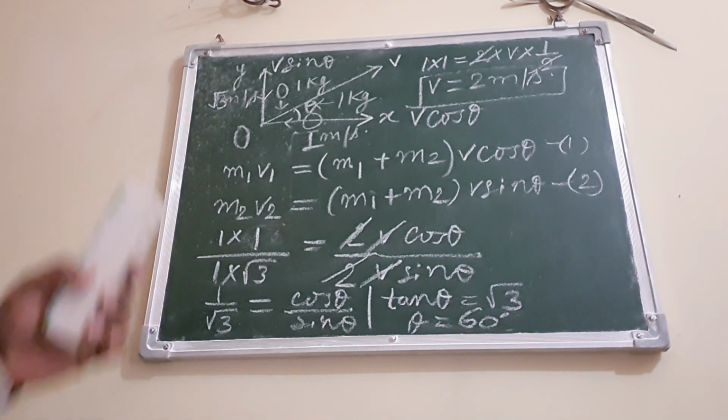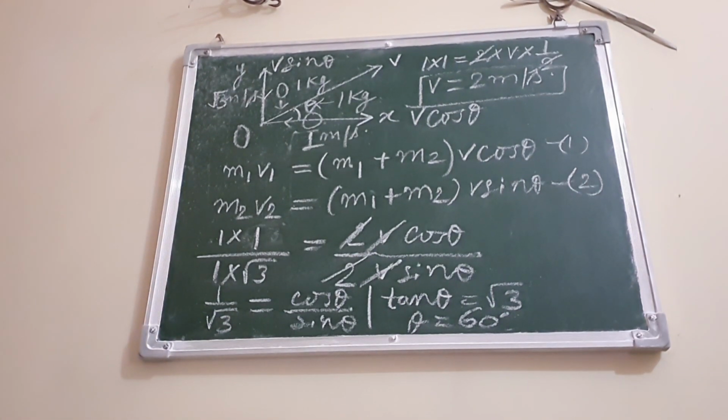So the first equation, according to the law of conservation of momentum, will be m1 v1 is equal to (m1 plus m2) into v cos theta. This is our first equation. Second equation, m2 v2 is equal to (m1 plus m2) v sin theta. Resolving them in the components v cos theta and v sin theta. So dividing the first equation by the second and putting the values,